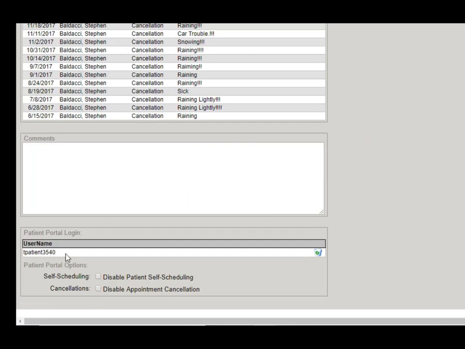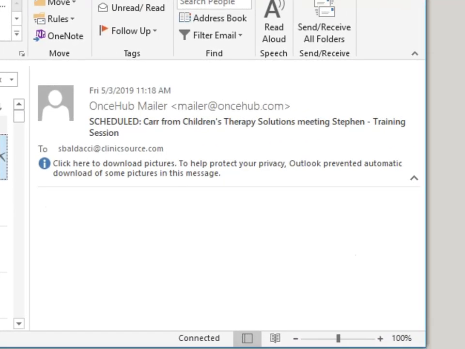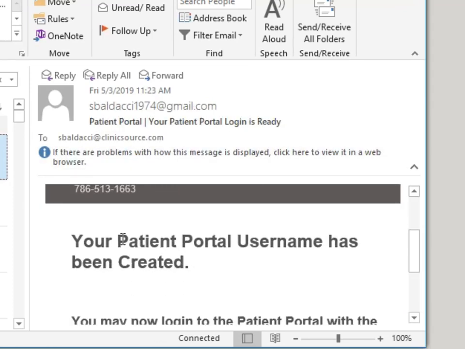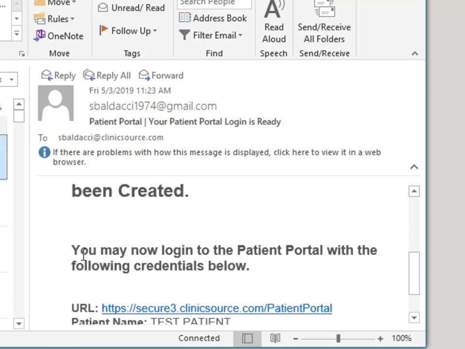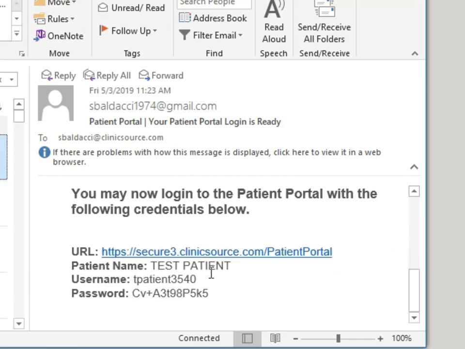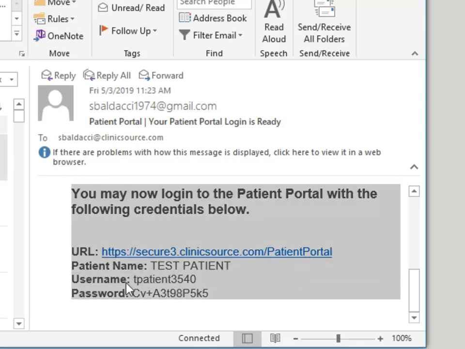And now my username is defined, and in my email, I should receive information. If I scroll down, you can kind of see my patient portal username has been created. I can now log into the patient portal with the credentials below. So this is what your patient would receive. There's going to be a URL that they need to click where they can verify the information. The username is tpatient3540 in this instance, and then the server does assign them a password as a temporary password